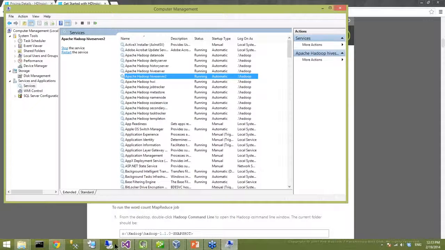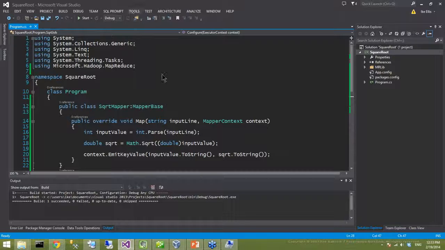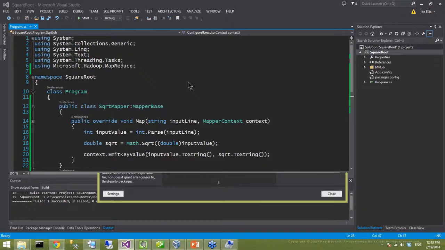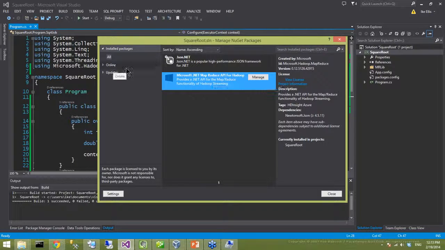This is Visual Studio, so I just used NuGet, the package manager. If you search MapReduce in your online packages, it's the Microsoft .NET MapReduce API for Hadoop, which provides a .NET API for the MapReduce functionality of Hadoop streaming.